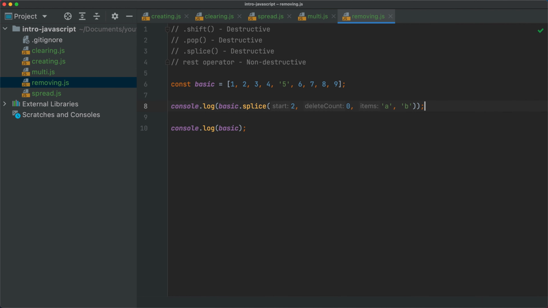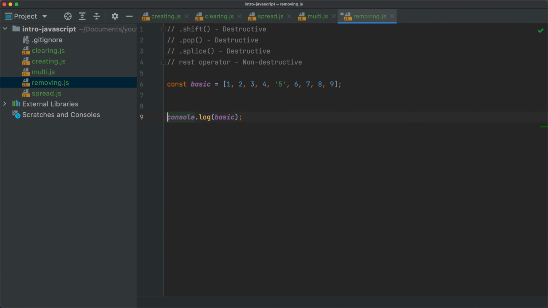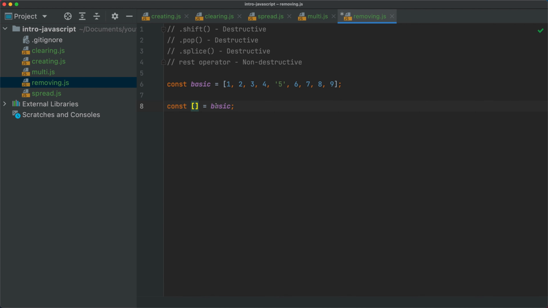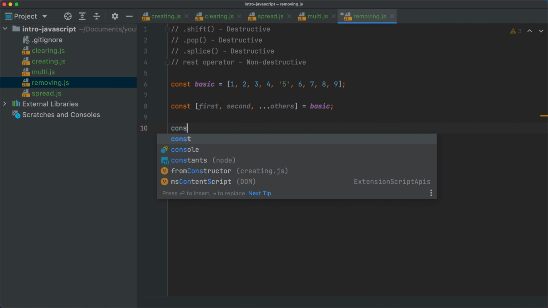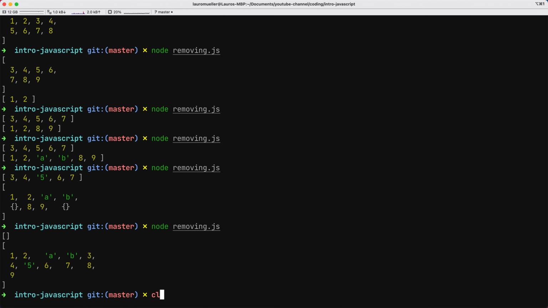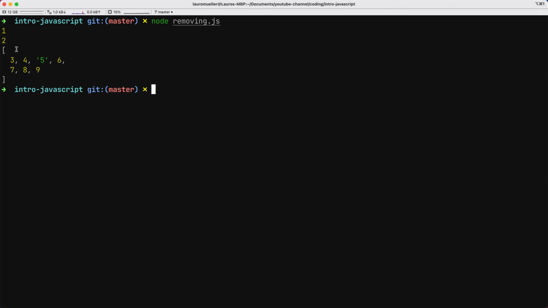The last possibility for removing elements from an array is by using the rest operator. And the rest operator we already discussed before. Let's use here the array syntax. This is going to use destructuring, and here this is going to be equal to basic. Now I can access, starting from the beginning of the array, the elements, right? So I can say first, second, and then in the end, I want to have all the other elements, so others. Let me just console.log everything. Console.log first, console.log second, console.log others. Like so. Let's save this, and back here let's clear the whole thing and run node removing.js, and that's exactly